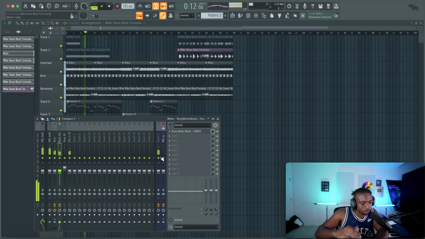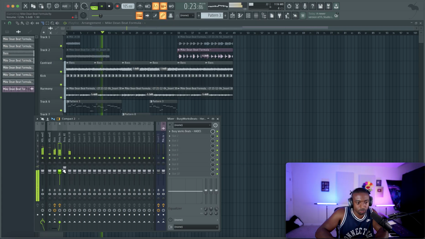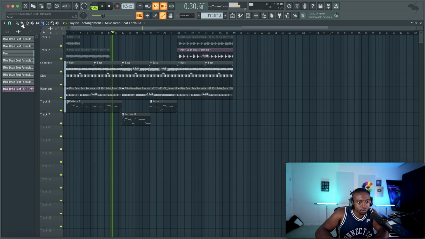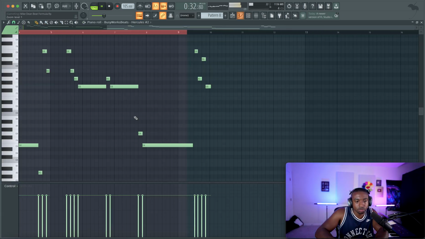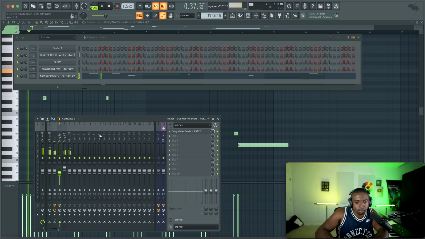Now it has that analog texture to it. Run my other sound through this as well.